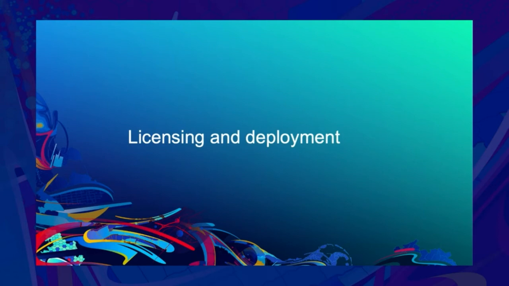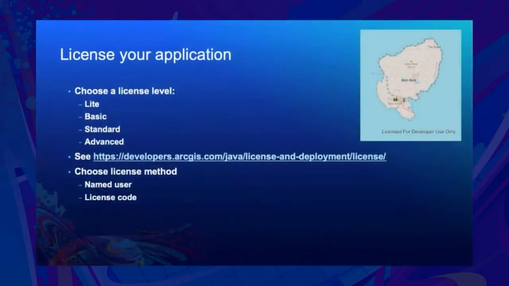Okay, so to complete our application development story here, I'm going to finish up by talking about licensing and deployment of your application. Let's just start off with licensing. So you've seen in the demonstrations we've made so far, there's been a watermark in one of the corners of the map to say it's licensed for developer use only. So this is an indication that this application is not ready for deployment,